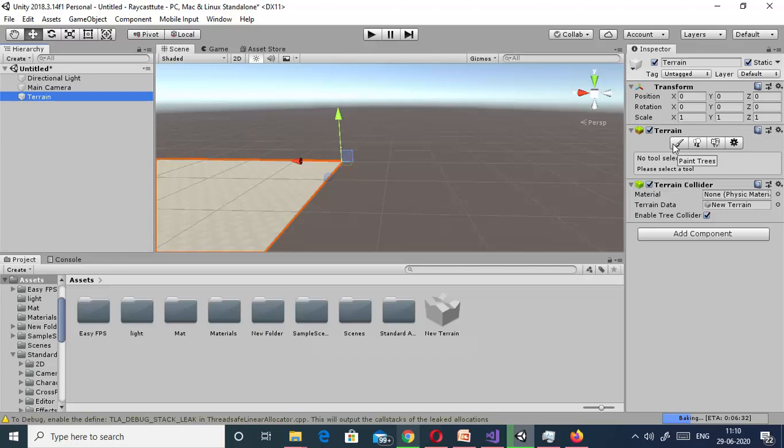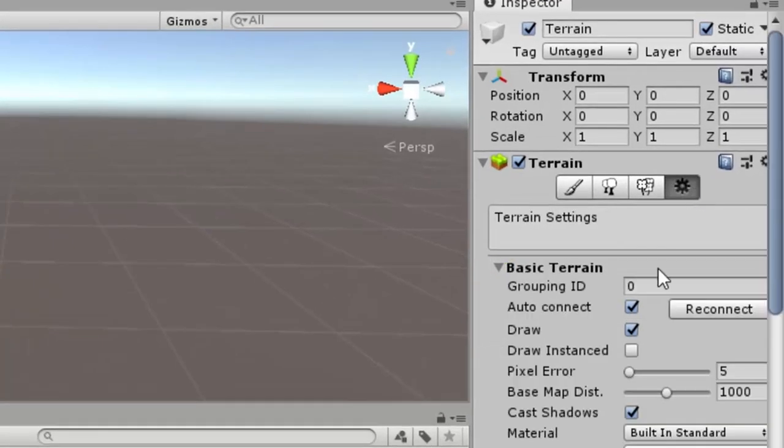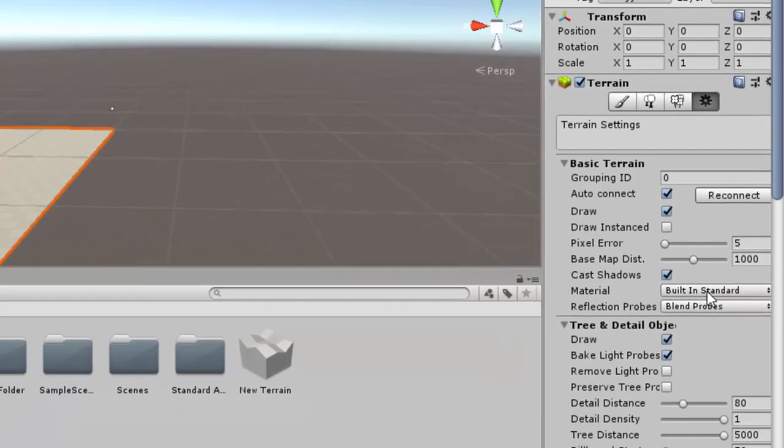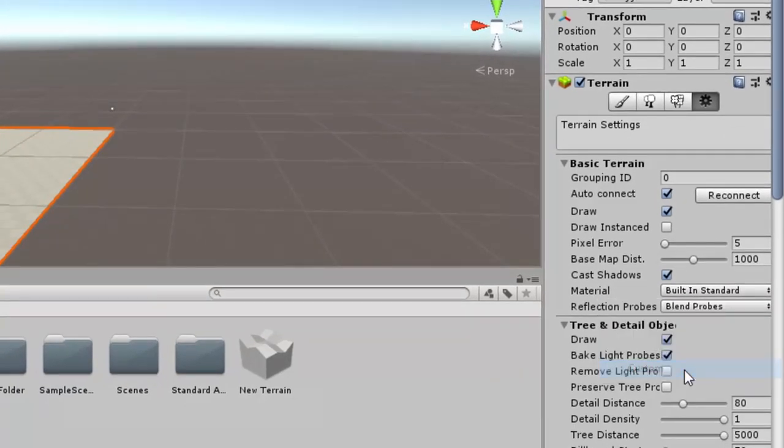Suppose I want to create a forest type of area. For that, first of all, we will go to the settings, and here we can see that Material is written. In material we will click on Custom.